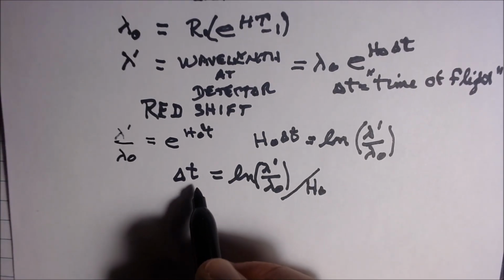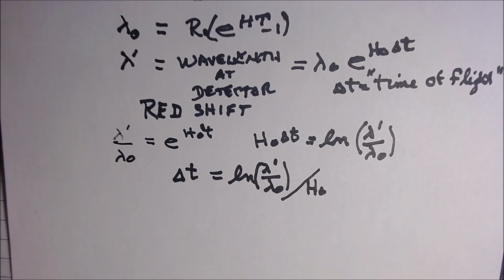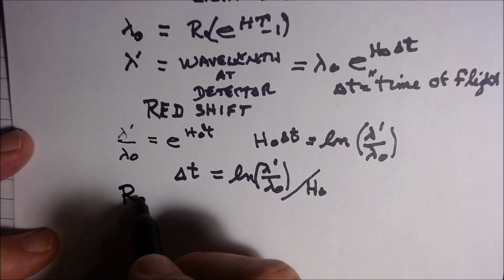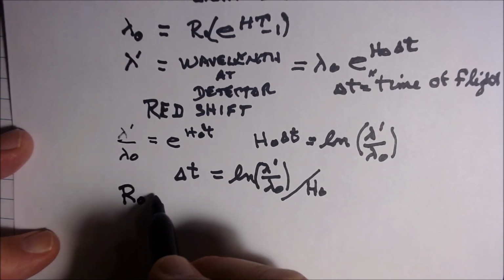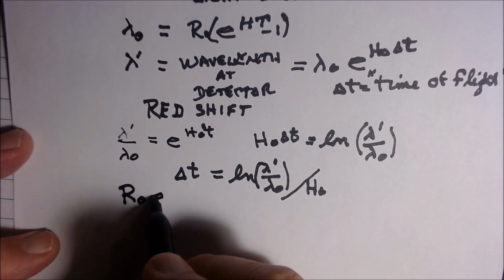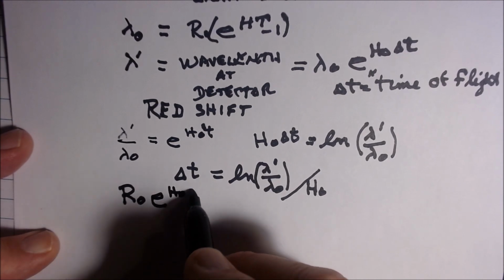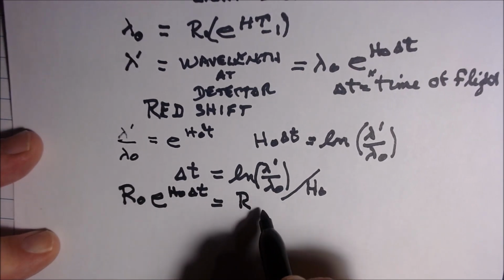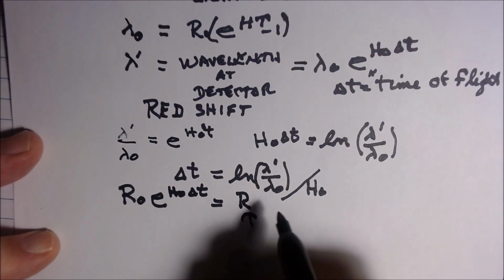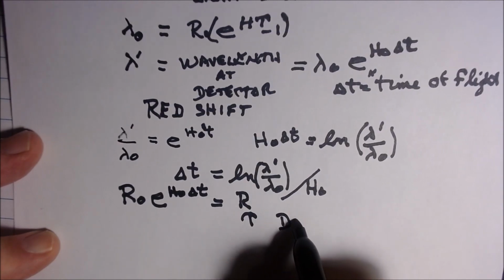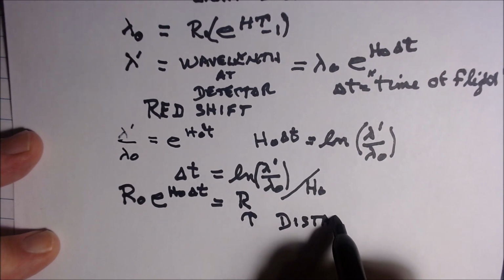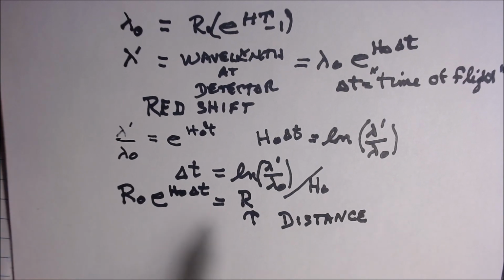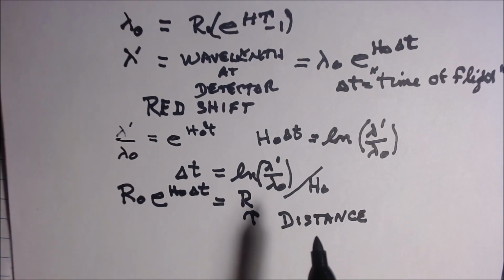Now, knowing delta t, you can calculate that delta t helps us. e to the h0 delta t is equal to r, that is the distance to a galaxy. Okay, now I might say that the method they use right now is they use